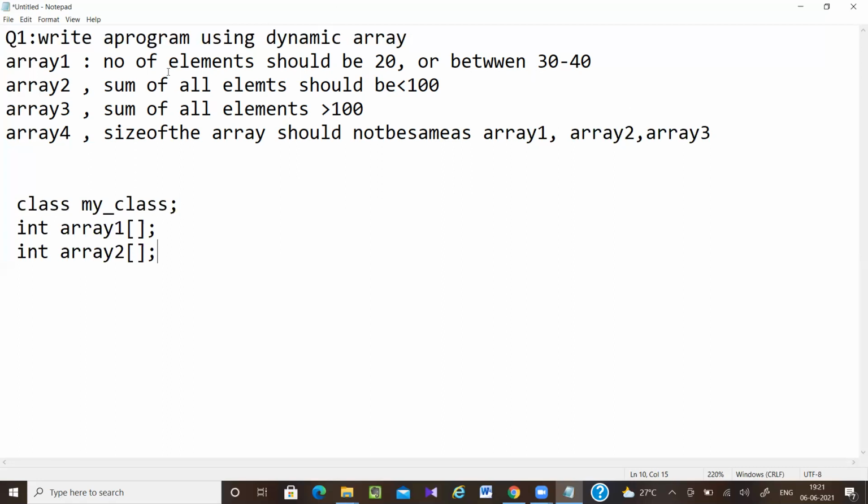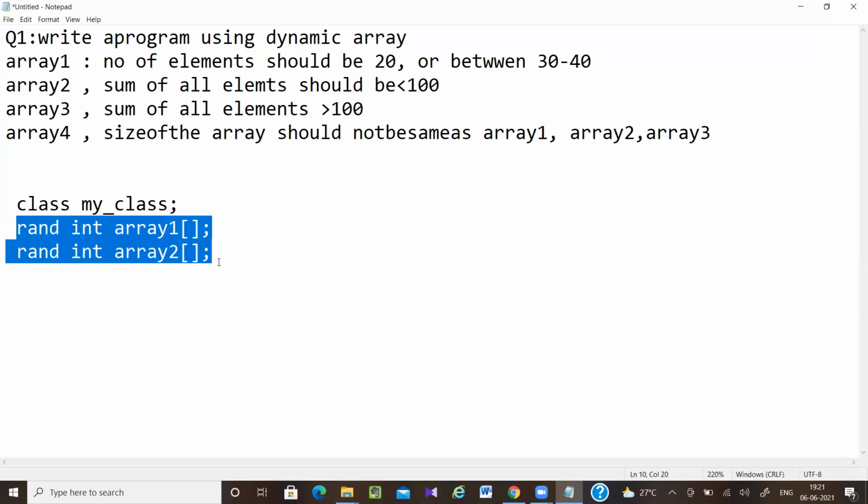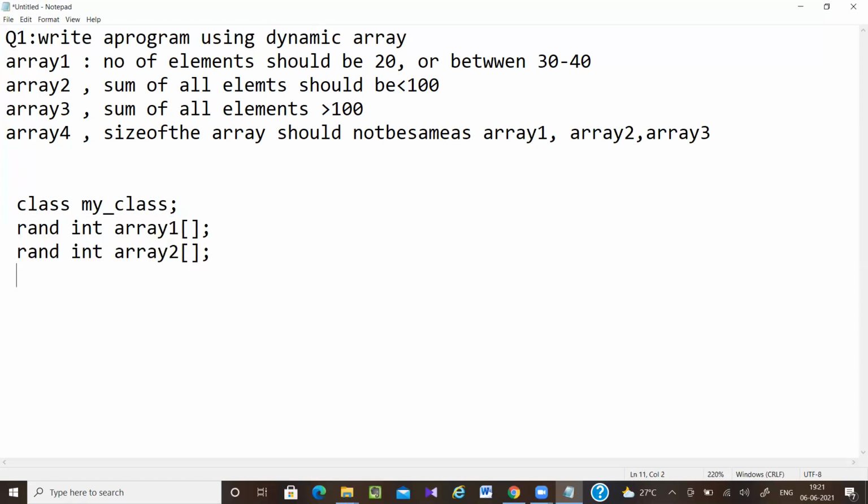If you want to do randomization, then you have to add the rand keyword. So rand array 1, array 2, array 3, array 4.